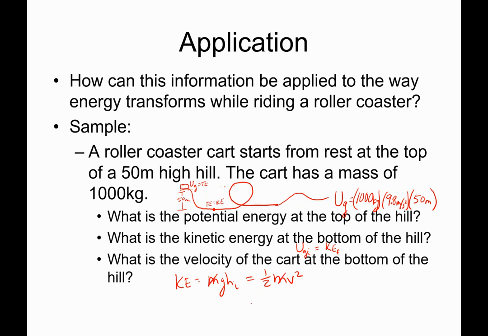So you end up getting that your velocity at the very bottom there is equal to the square root of 2 times g times h. Okay, so when you look at that, you get 2 times 9.8 times your height, which is 50, and take the square root of that. That's going to end up giving you 31.3 meters